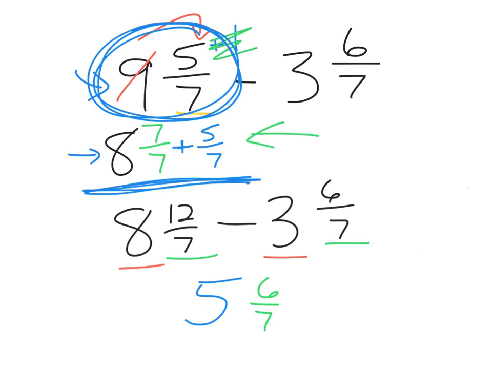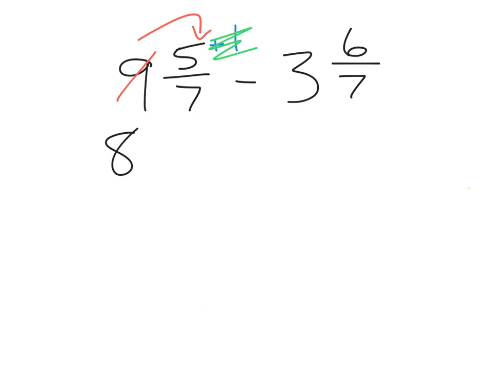Another way that you can look at the borrowing, or the way that I sometimes think about it, in the event when you get to this point, a real easy way to borrow, a kind of quick method that shows you what I just showed you. A kind of shortcut, if you borrow from the whole number, make it one less. So in this case,